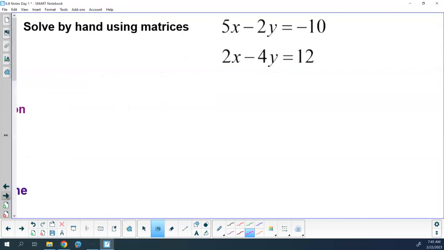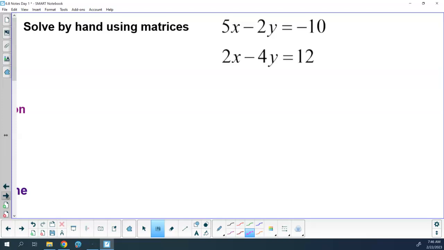So, give you a couple of seconds here to write down this problem. 5x minus 2y equals negative 10. 2x minus 4y equals 12. Again, you can always pause the video and scroll back 10 seconds or so if I'm going too